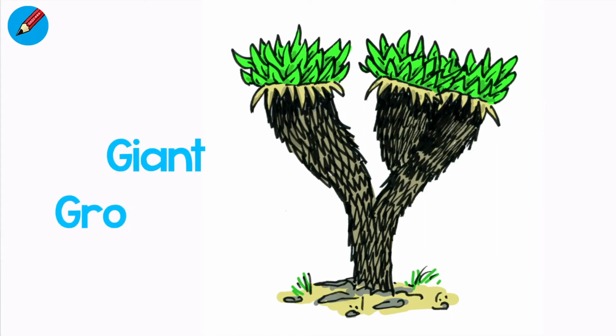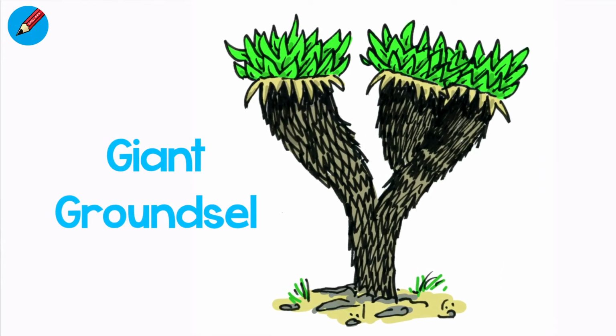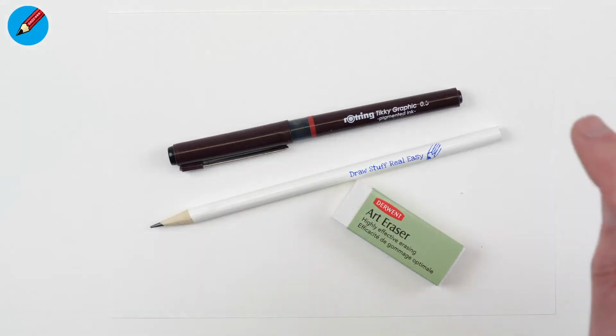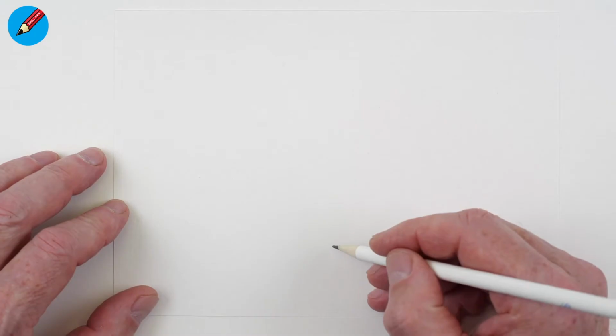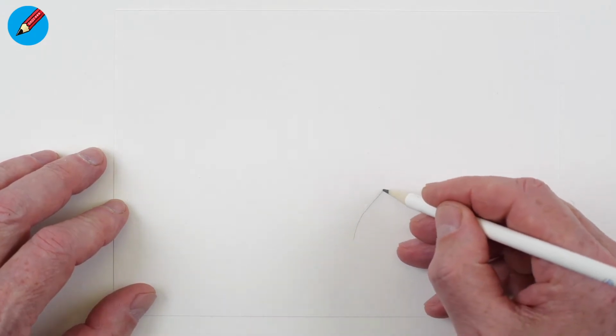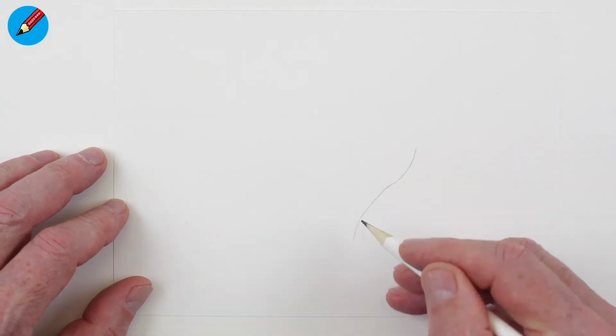Learn to draw a prehistoric tree that you can use in your dinosaur pictures. You'll need a pen and a pencil and an eraser. We're going to use the pencil to start off with to get the picture in the right position on the